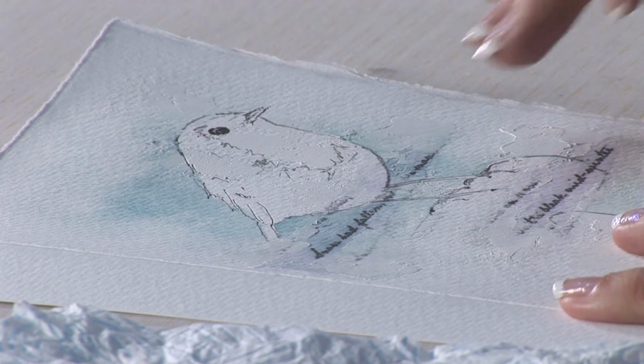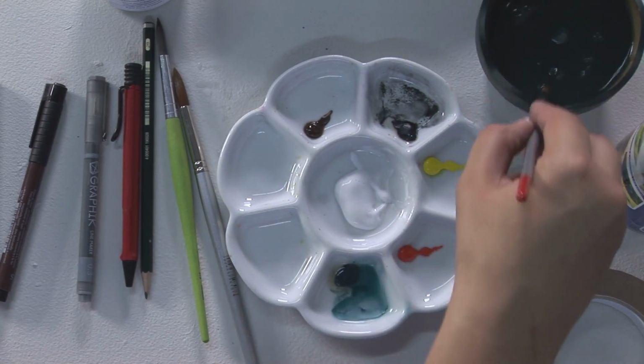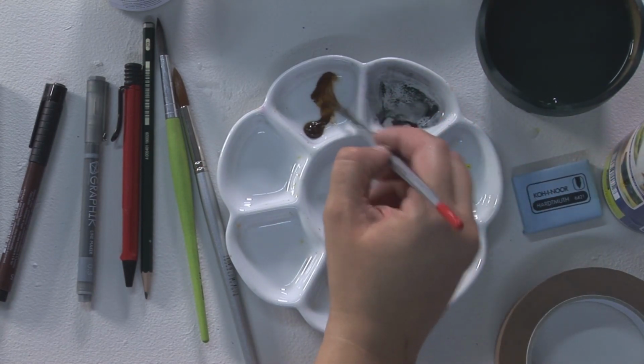So let's get this robin painted in. I'm going to do him in watercolours, and because everything is now in place, I can really afford to spend time concentrating on where his lights and darks are. And then if I need to at the end, I can pop some pen back in, but I'll assess it later. So we're going to start off with the brown, and we're going to be using the Daniel Smith burnt